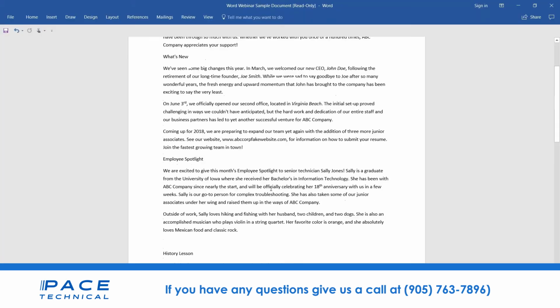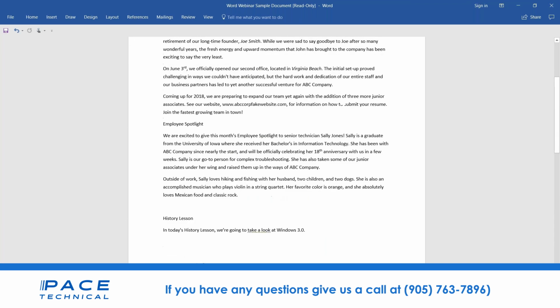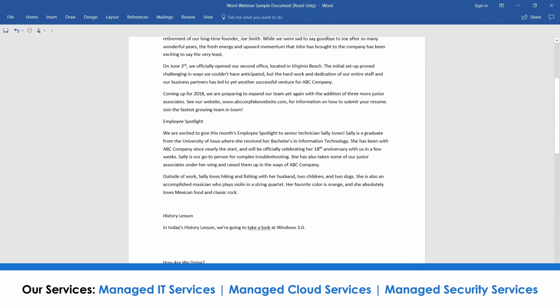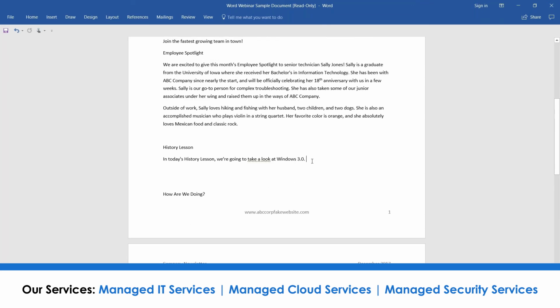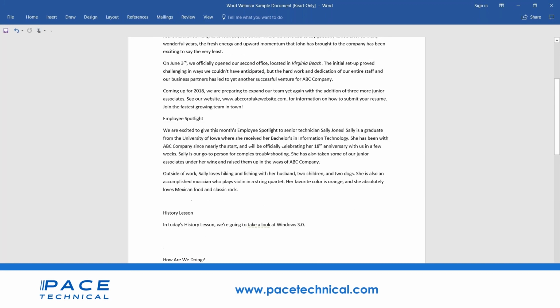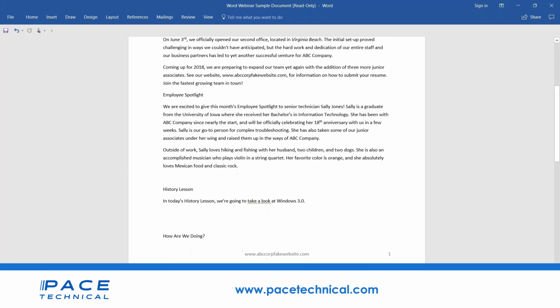I've got my little custom template here, or my example template. I just made up a little company newsletter for a company that doesn't really exist, but put in some elements that we might want to use during any sort of company newsletter that you might want to put out. So we've got some elements here, but I want to talk about Researcher first,